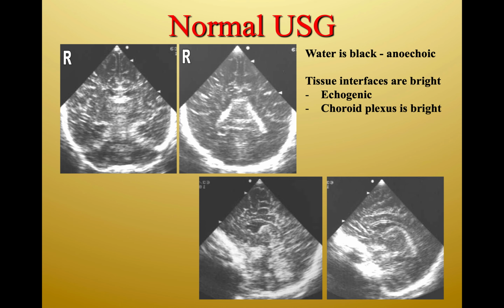infection. So in the normal ultrasound, I think I introduced this in an earlier lecture, in any ultrasound, things that are black, or anechoic, normally represent water, or even very soft tissue. And whenever you have a tissue interface that is bright, we call that echogenic. In the brain, most of the time, it represents the choroid plexus. Like in this case, this is the choroid plexus present in the occipital horn of the lateral ventricles. Anything else that is more black doesn't mean it's water, but it also indicates some soft tissue, which is the brain parenchyma. And the more black, the anechoic one, like this one, is the CSF, the cerebrospinal fluid, in the